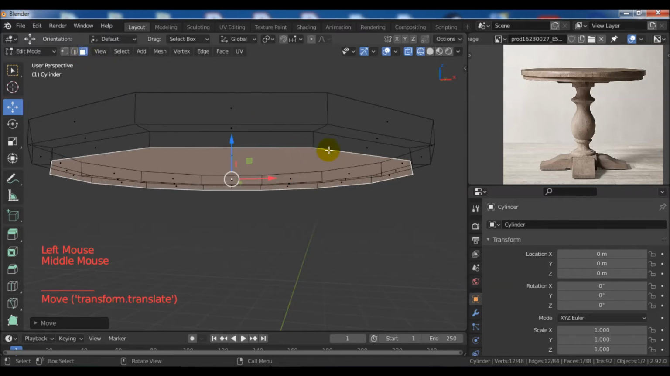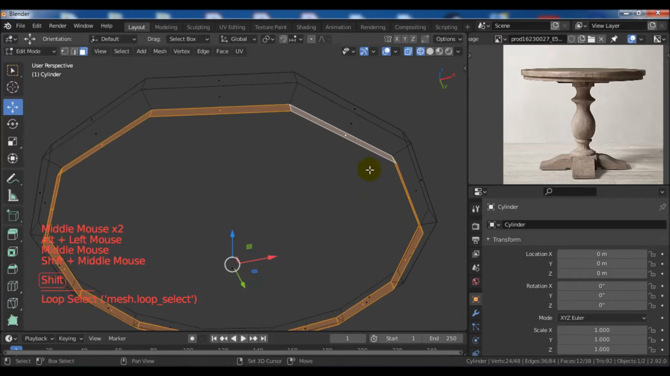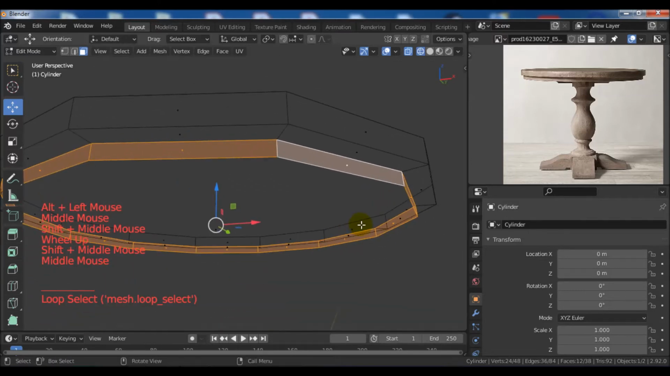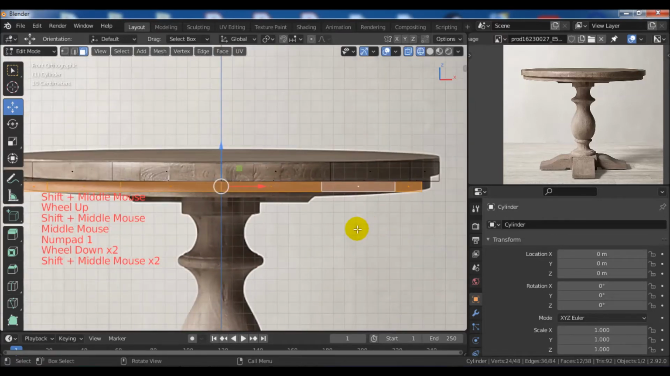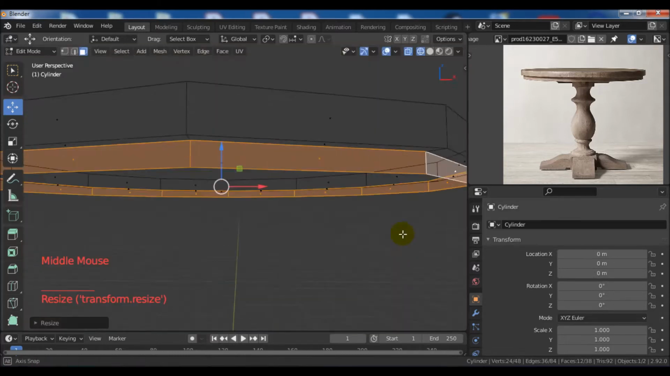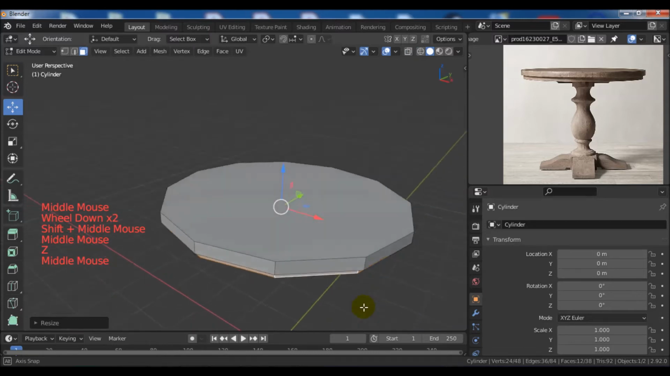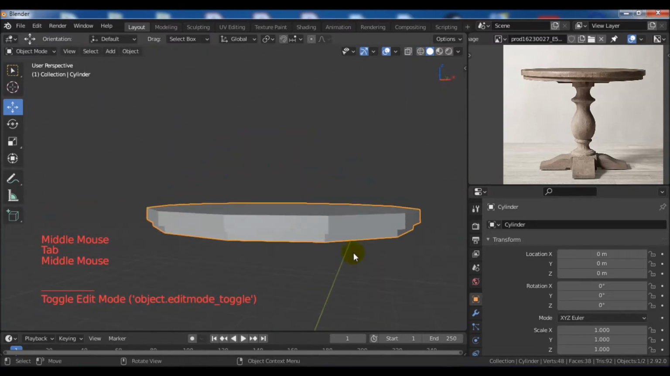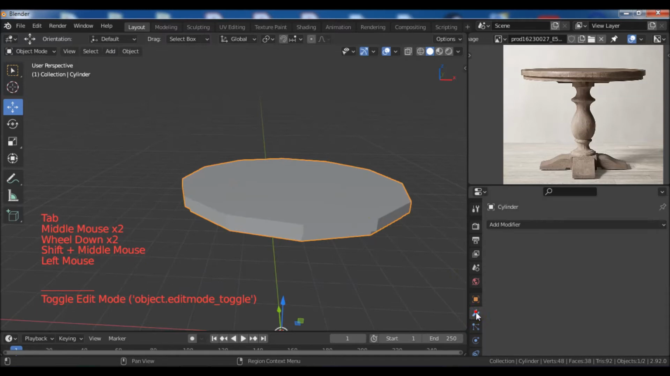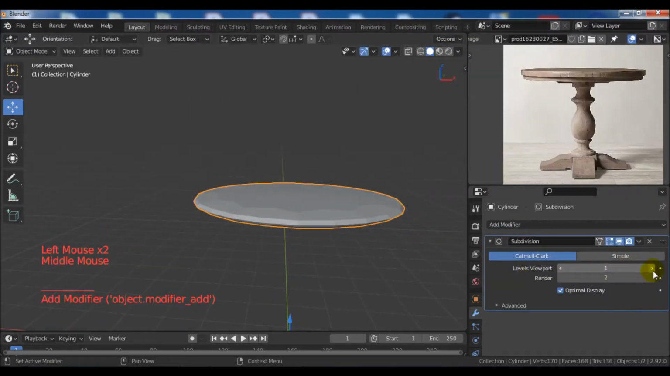Now we select these faces with Alt and the left mouse button, go to the front view and scale with S Shift Z to scale it on the X and Y axis like this. Go to the solid shade view and now we have the top of the table, and we can add the subdivision surface, increment the level viewport,